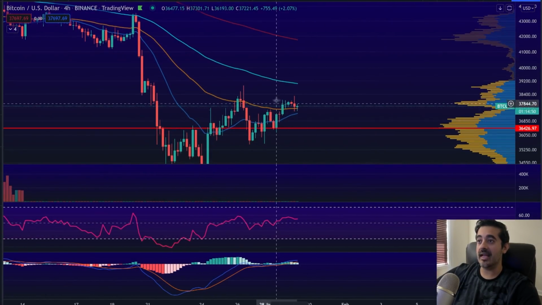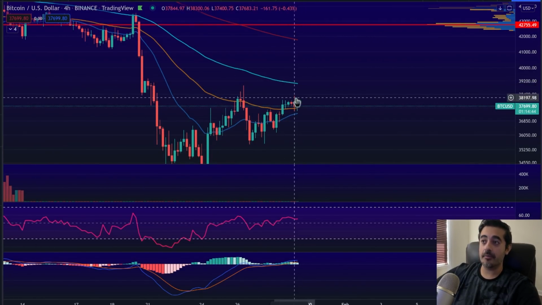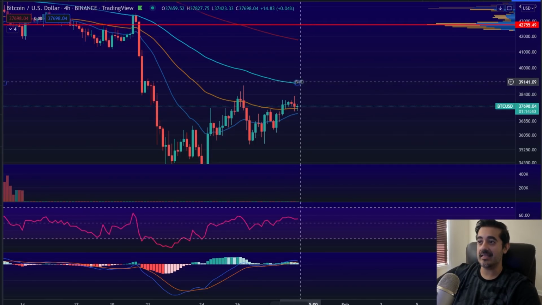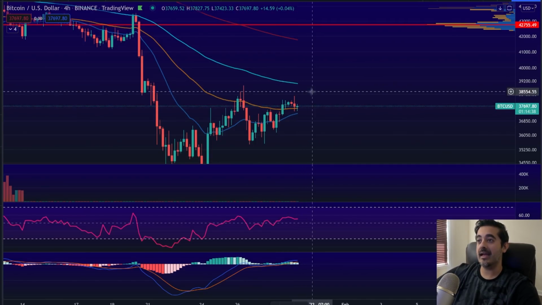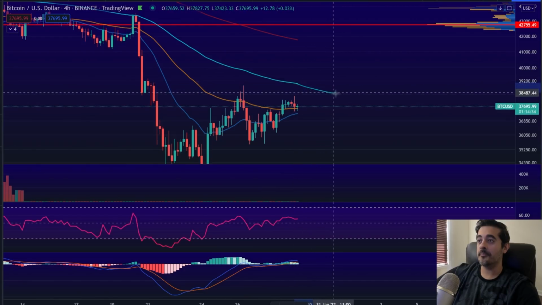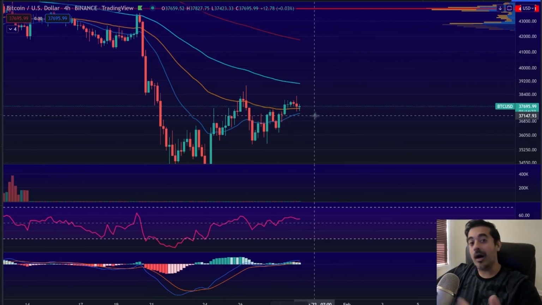The price is starting to get squeezed between the 20 exponential moving average and the 50 exponential moving average. If the price continues to get squeezed here, then we're looking at, once again, 39K as a high, and then possibly coming back down and allowing these moving averages to constrict even more. So there's a lot of things telling me that 39,000 is a high, but if markets go up on Monday,